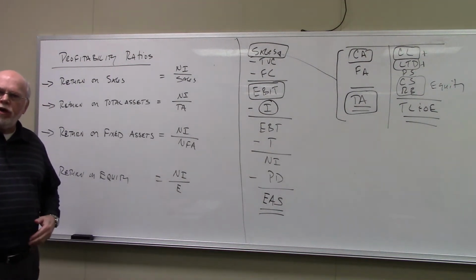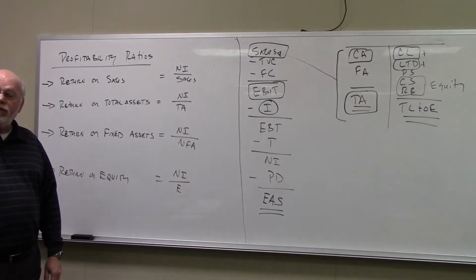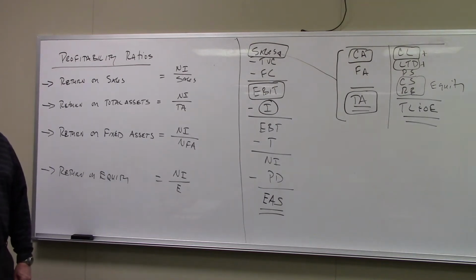Category of ratios we're going to look at now. These are called profitability ratios. And profitability ratios measure the performance of the company. Now,